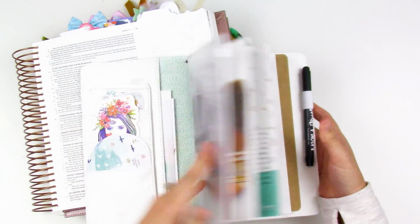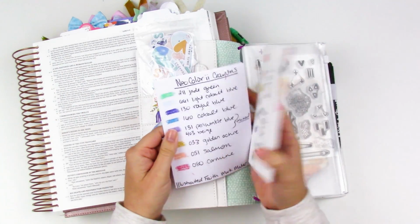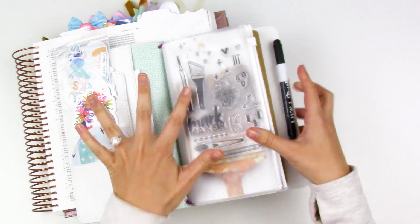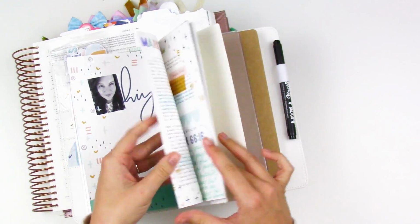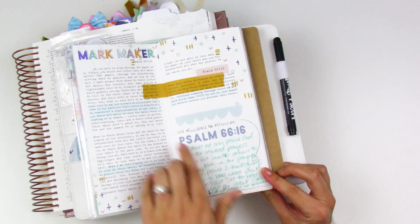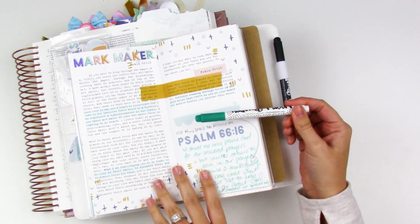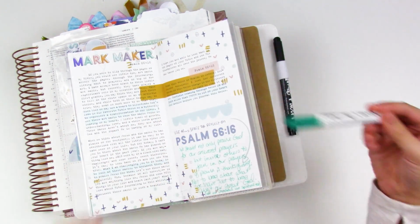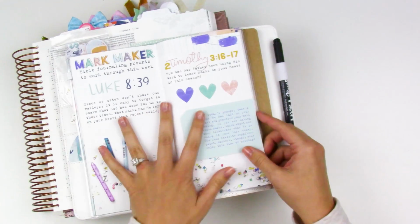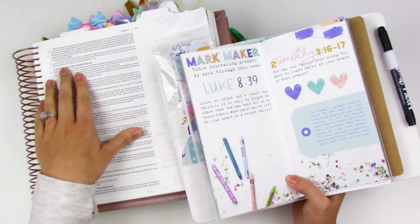So I have everything stored in there, and I also have the stickers and die cuts. I even have my color swatching in case I want to refer to that. All I can do is pull this out and then work on the devotional here. I already went ahead and worked through the first portion of the devotional and took some notes. I did pull out the colored Illustrated Faith precision pens. They work perfectly in here just to add more fun color to the inside of this devotional, not like there isn't already enough. And so I'm going to go ahead and journal Luke 8:39, and that says,